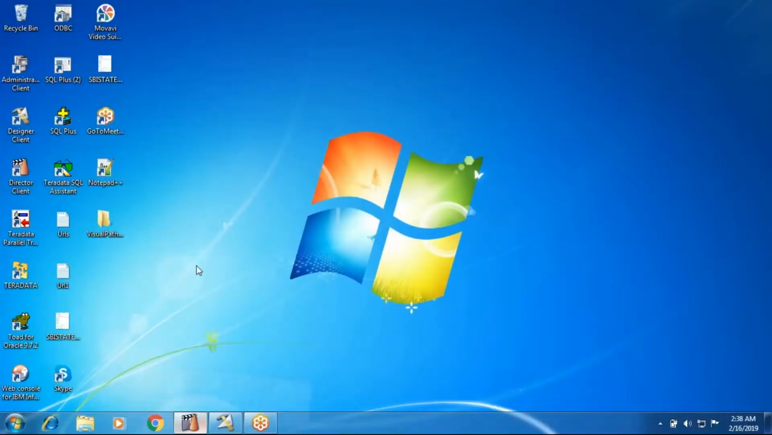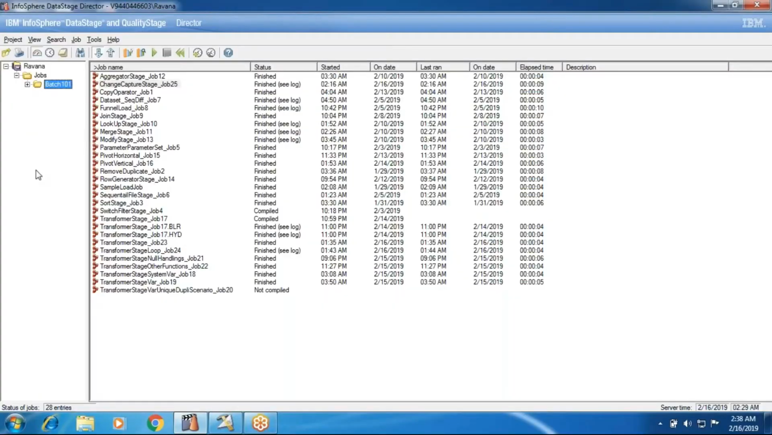In this session, we will discuss some general things, Director and containers, which are theoretical. So this complete session will discuss some concepts of DataStage theoretically. So coming to the Director,